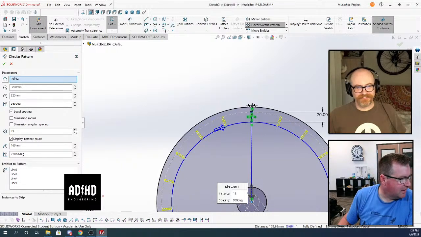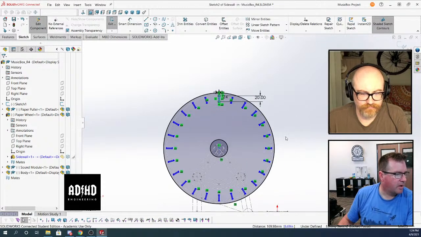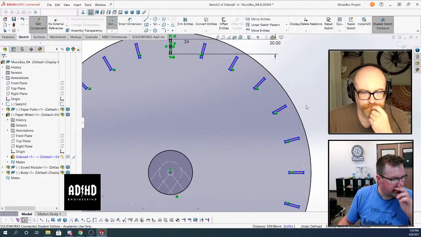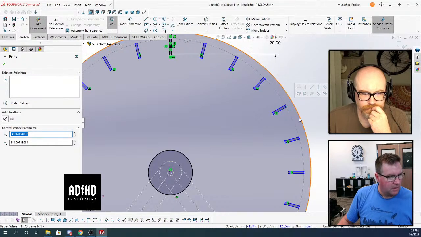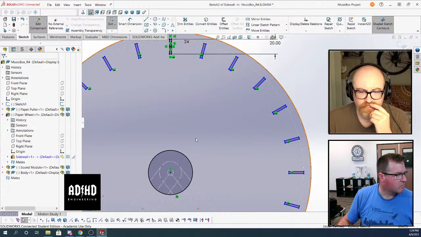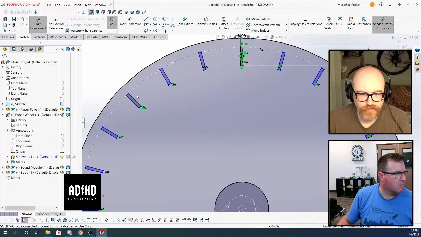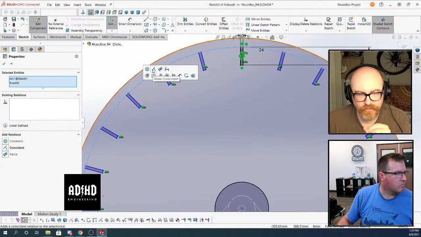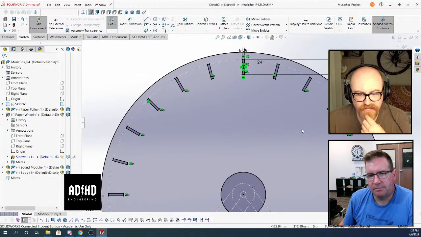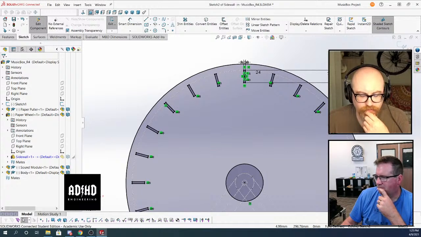All right, so how many spokes should this guy have? I'm going to make this 24, that's a good number. Yeah, why not? There you go. And I love how these don't automatically center themselves. Yeah, I've noticed that myself. I get in the habit of taking one, dragging it out of the way, which moves that center point to some other location. Yep. And then I use a relation to locate that center point.